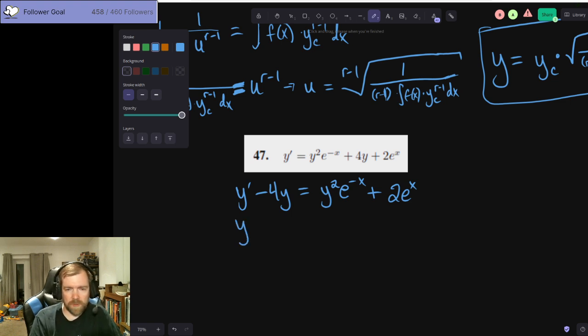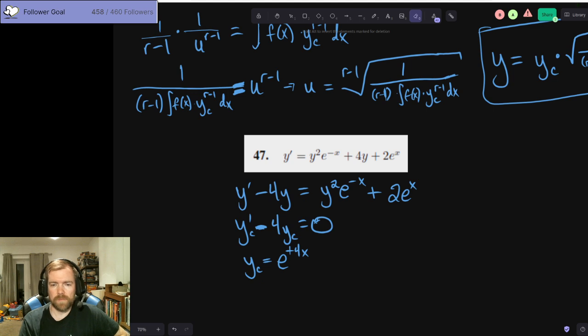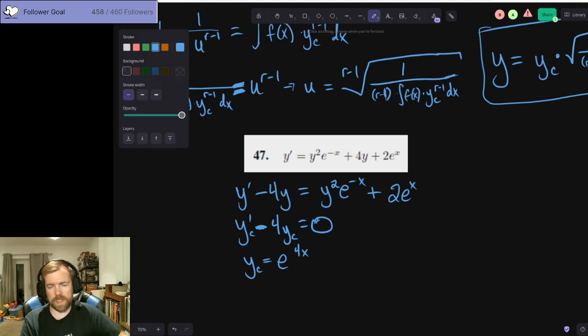Okay, complementary: y c prime minus 4 y c is equal to 0. So y sub c is going to be e to the negative 4x. Nope, positive 4x. So we have to subtract 4 of them in order for that to happen. We could do it out long, but